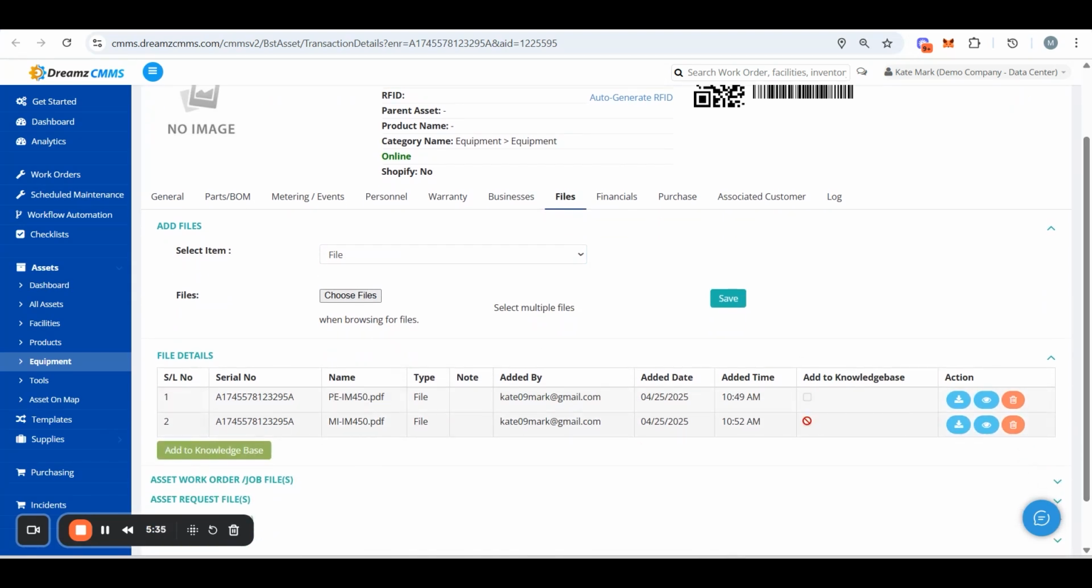If it's a new file, check the corresponding checkbox and click Add to Knowledge Base. Once the file is indexed properly, you won't see the checkbox option again. This is how you add a file to the knowledge base. You can then ask any question based on that file and get an accurate answer directly from it. That's how easily you can get answers using the AI agent in